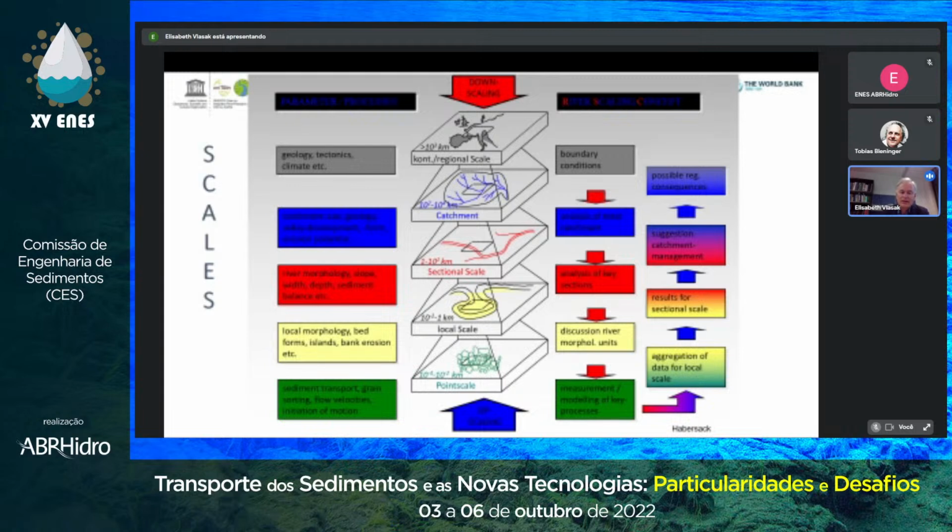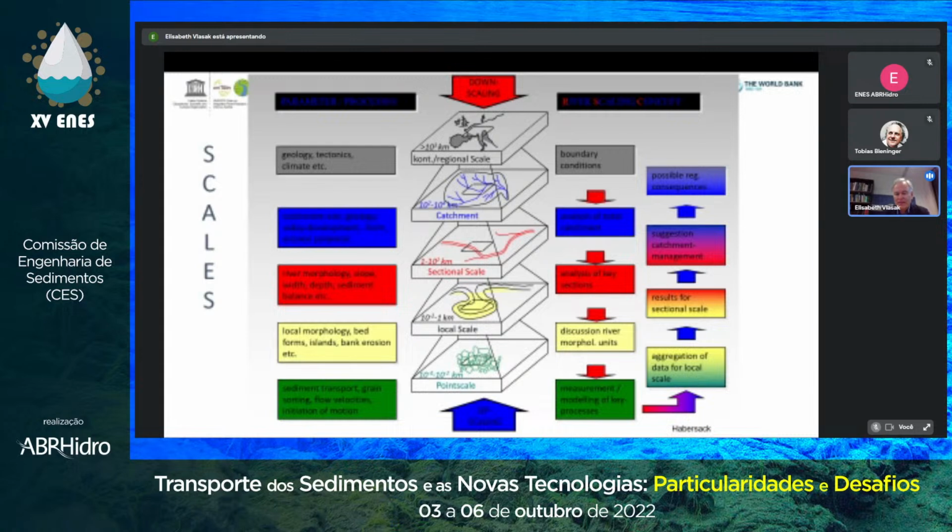The main point is we have to understand the process. So we cannot really start in this box here before we understand the key processes, the key sections, the boundary conditions at the larger scale. So normally what we would like to do is to look into a river basin. I know it can be very large in Brazil, but look into that and try to get a sediment balance for the whole basin, focusing of course on the reservoir you want to look at. Then you know when is sediment coming, how much is coming, which grain size is coming. And then, of course, we do the measurements at the smaller scale when it comes to samples. And then, important, this is a downscaling phase, which we would suggest as the first phase.